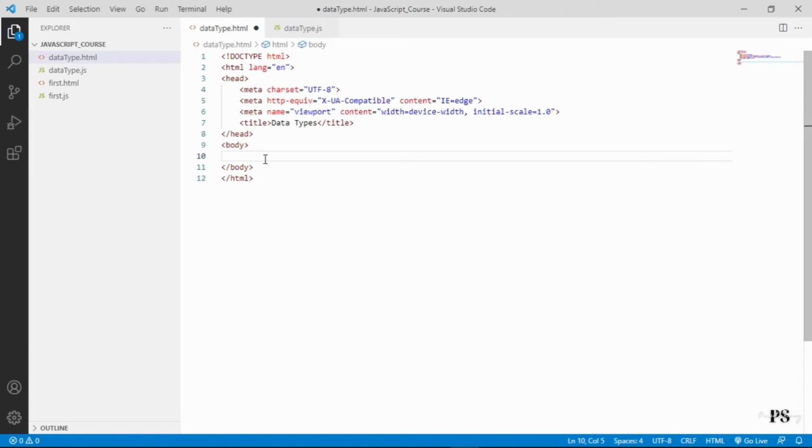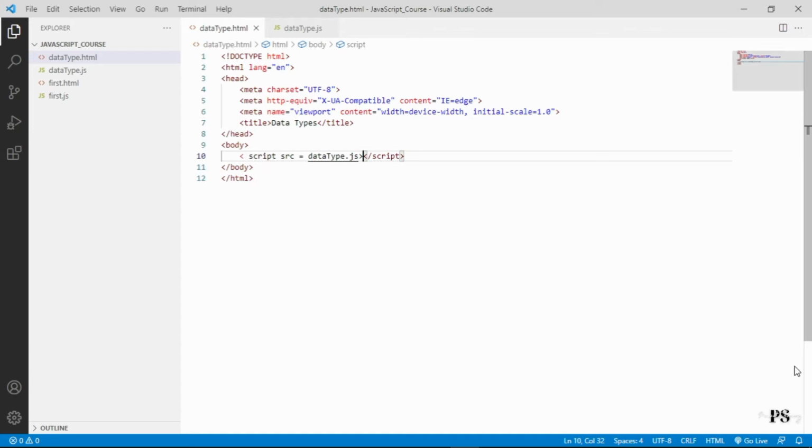In the body tag, as previously, we add a script tag with source equal to the file we want to include here, that is data type .js, and we will save this.